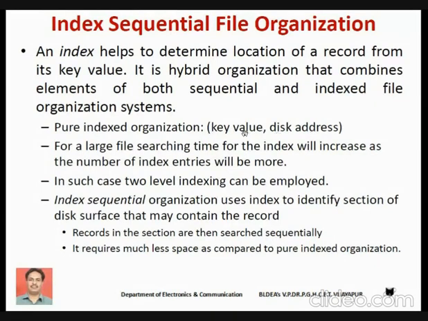For example, I can store record number 1, say roll number 1, at address 1, record number 2 at address 11, record number 3 at address 21, and so on. So in pure indexed organization, we use the key value and the disk address to store the records.